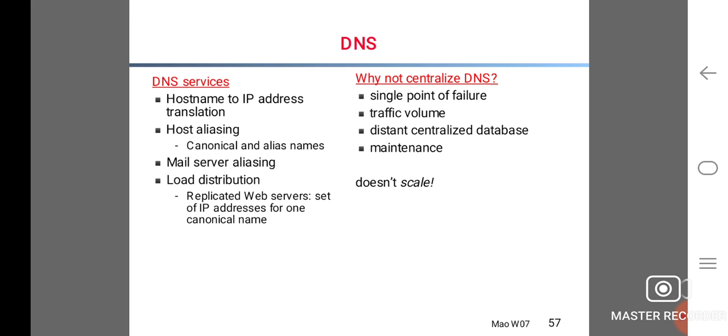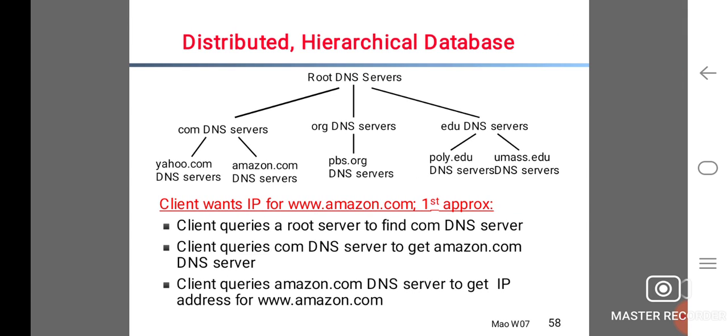Why not a centralized DNS? A single point of failure, traffic volume, distant centralized databases, and maintenance. So it is a distributed, hierarchical database: root DNS servers, com DNS servers, org DNS servers, edu DNS servers, then yahoo.com DNS servers, amazon.com DNS servers, pbs.org DNS servers, and poly.edu, umass.edu DNS servers. Say a client wants the IP for